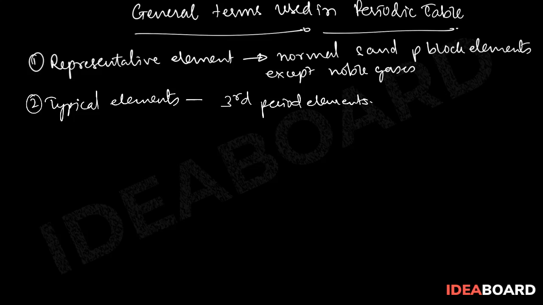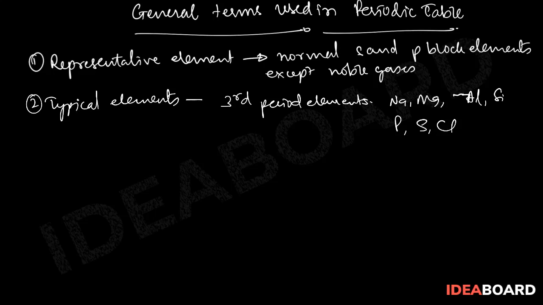So except the noble gas, sodium, magnesium, aluminum, silicon, phosphorus, sulfur and chlorine. These are called typical elements because they sum up the properties of the respective group to